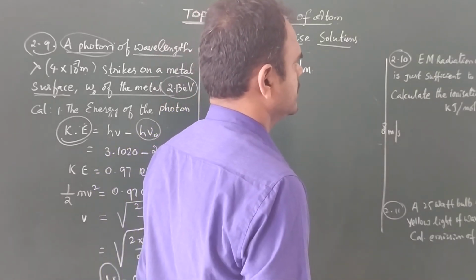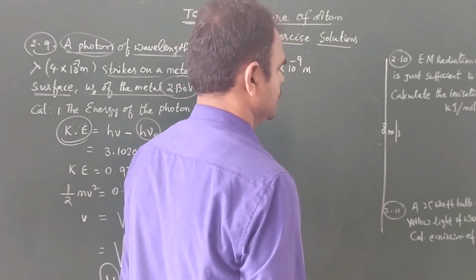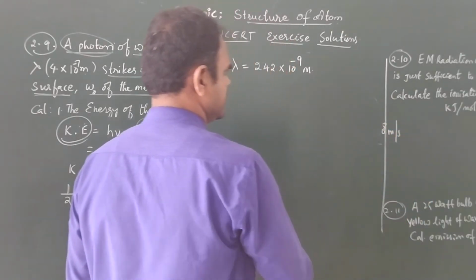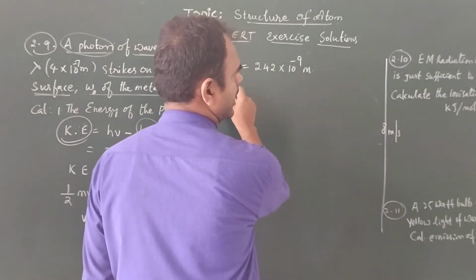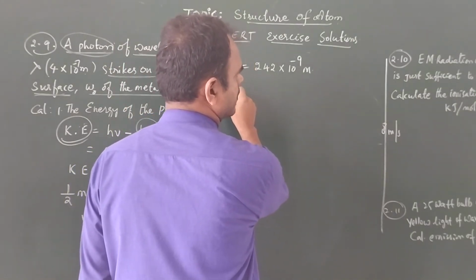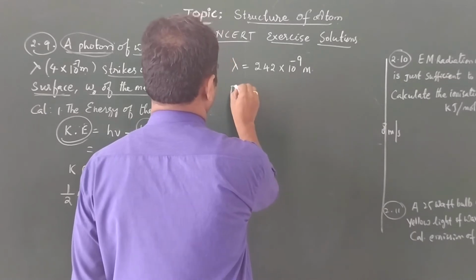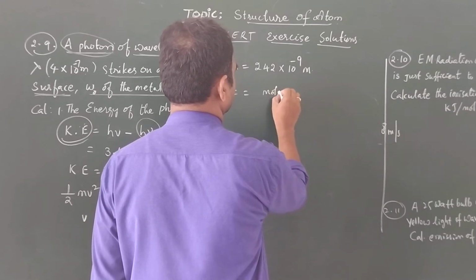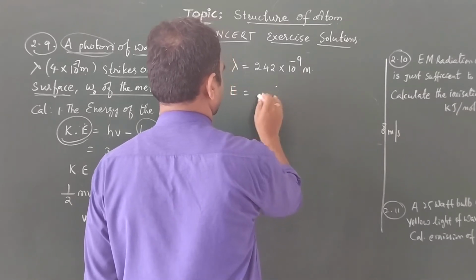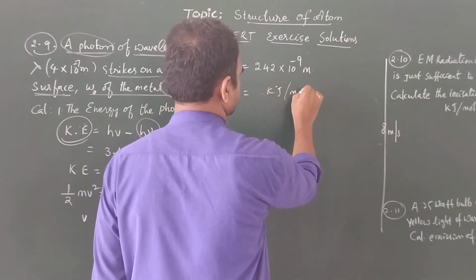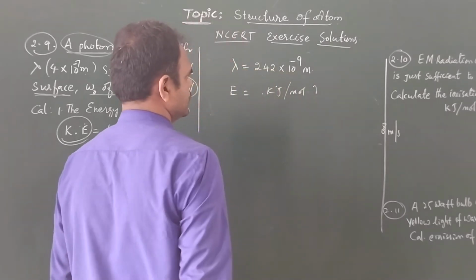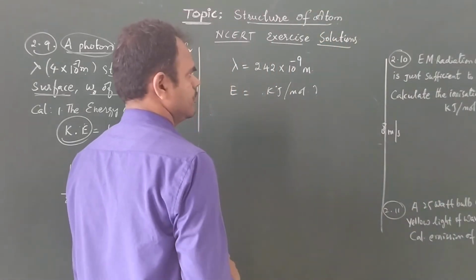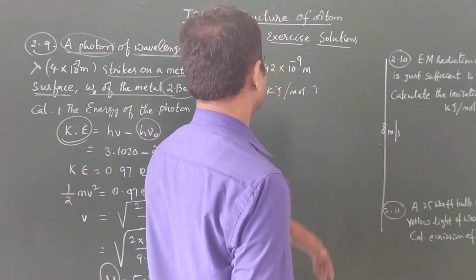It is just sufficient to ionize the sodium atom, a single atom. For the single atom the wavelength has been given. What the question is asking is the ionization energy of sodium per mole. It is asking for energy per mole, so energy in kilojoules per mole is what is asked. First we have to calculate the energy per 1 photon which causes the ionization, then we should convert it into per mole.